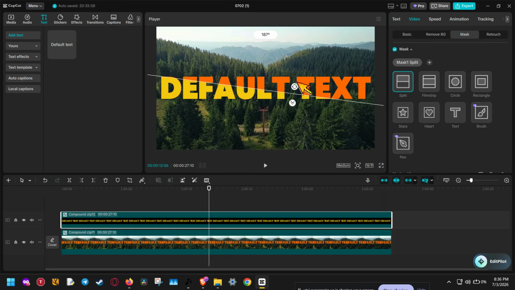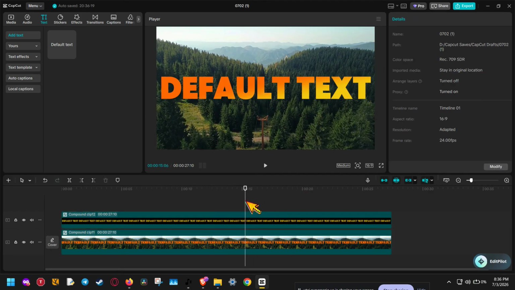Take a moment to preview your text and adjust the mask position if needed. If the blend is too sharp, increase the feather a little more. If one color is overpowering the other, move the split line until both colors are balanced the way you want. This is the part where a few small adjustments can make a big difference in how professional the final result looks. And that's it. You've just learned how to make gradient text in CapCut PC using a simple layering, compound